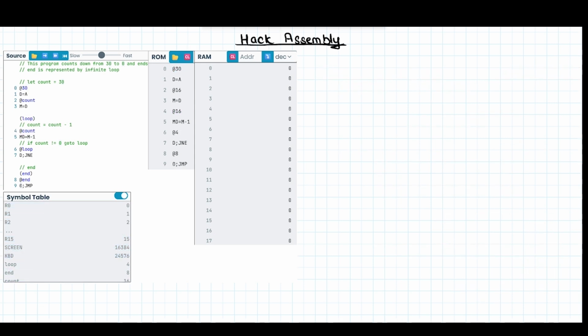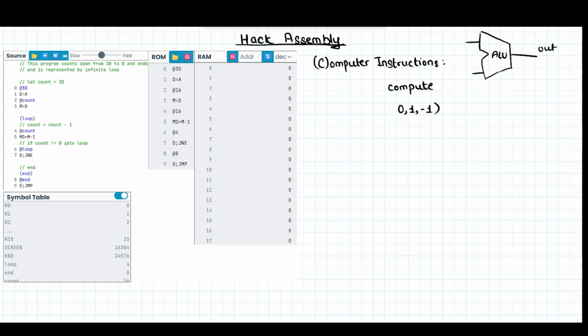To perform actual computations or make decisions, we use C instructions. The Hack ALU supports computations like outputting constants 0, 1 or -1, outputting the registers A, M and additionally a D register that holds some data. You can add or subtract one from a register. You can do add and sub as well as logical and or operations between register D and one of the